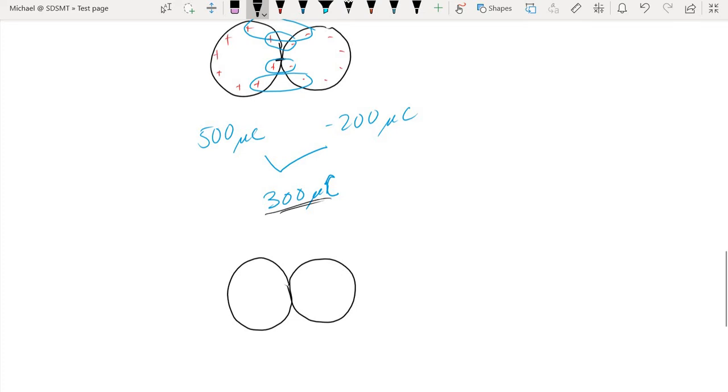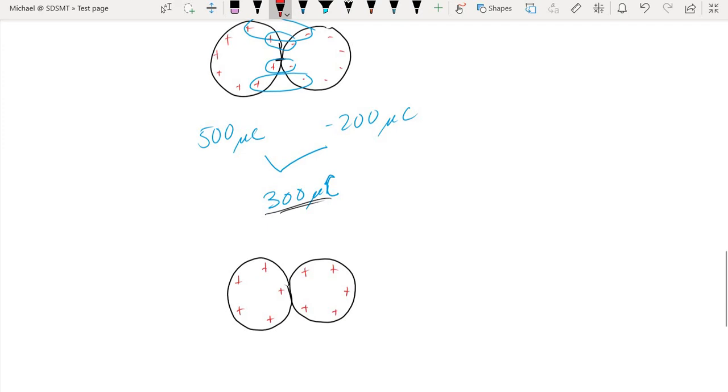We still have excess charge. That charge is going to have to distribute itself about the surface of the spheres. And because the spheres have the same geometries, because they have the same radius, they have the same surface area,